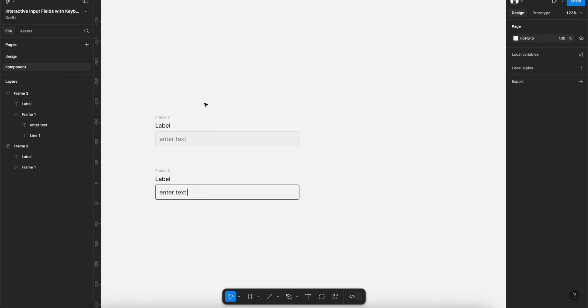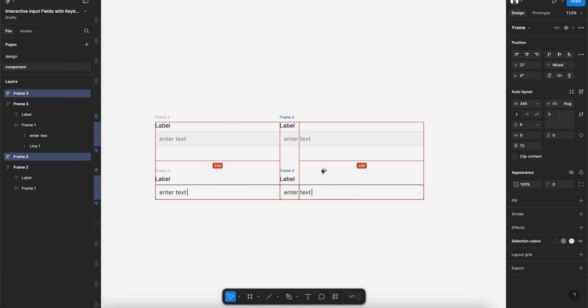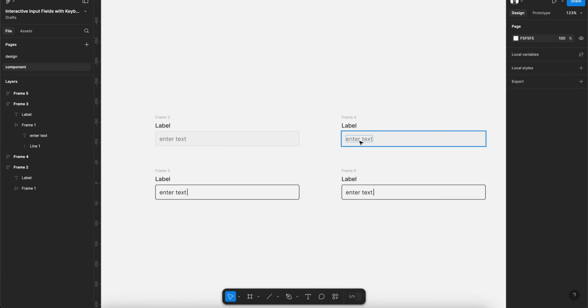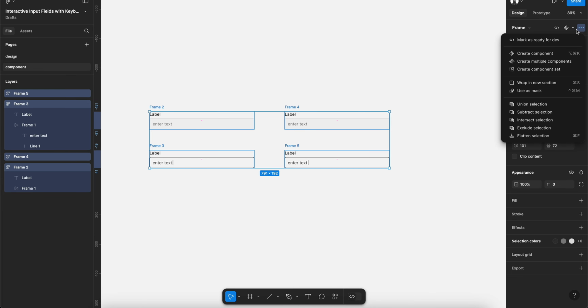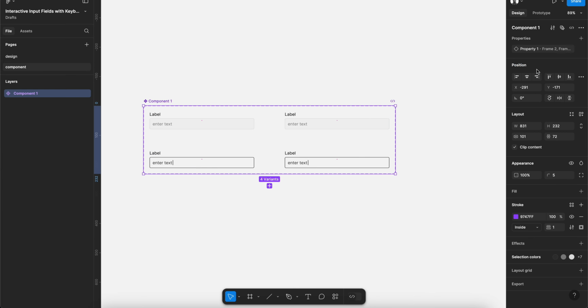Again, I want to create two input fields for the time being, and you can create whatever number of input fields you want as per your design requirement, but from the tutorial perspective I'm creating only two input fields here. So I'm making a copy of it, and now I am converting all these input fields into a